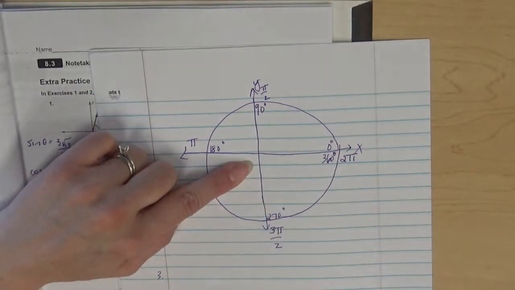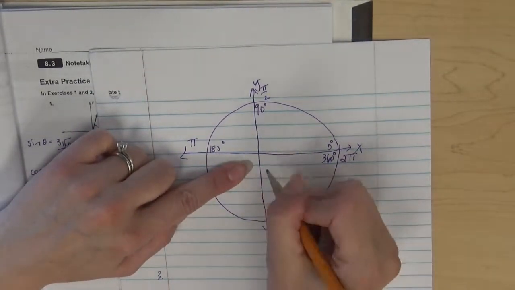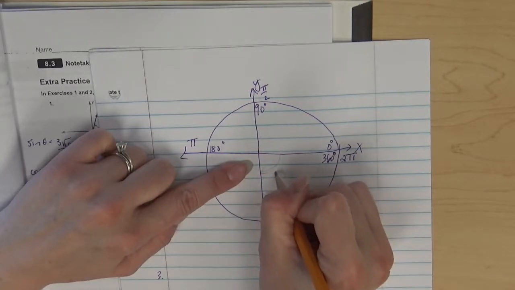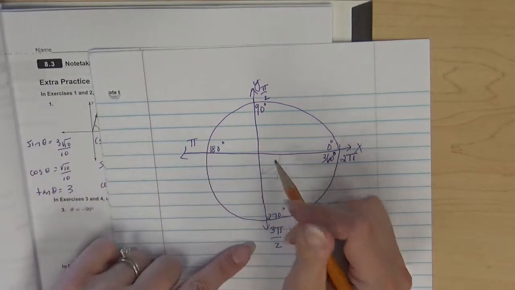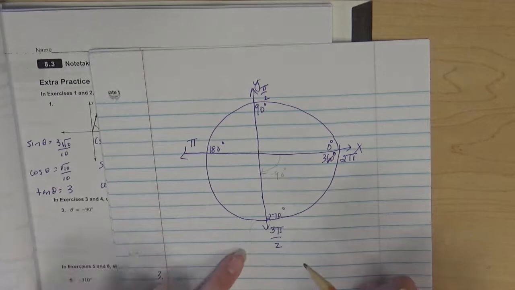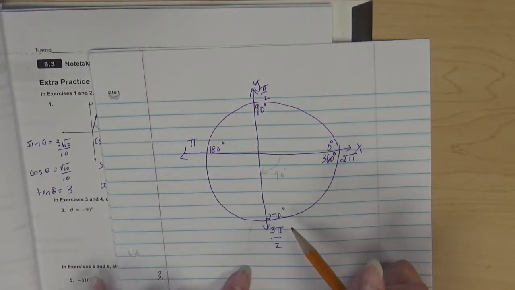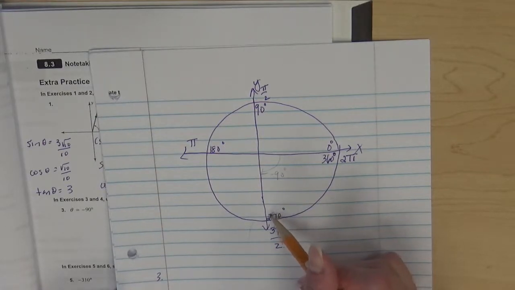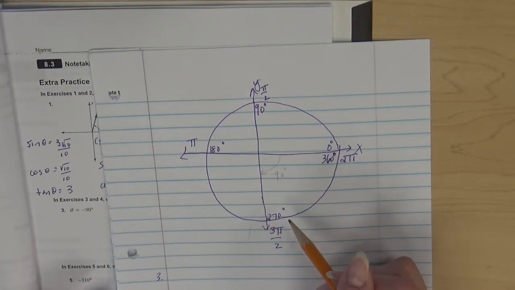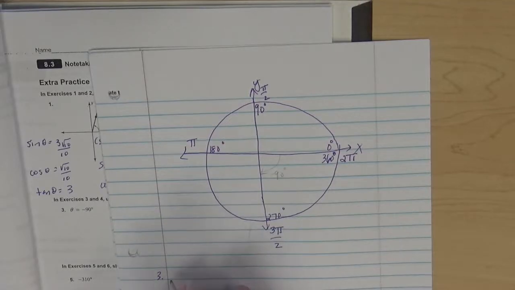So my angle theta would be like this. That's -90 degrees. So that puts me here. So I need to find sine, cosine, tangent, etc. of basically 270 degrees. Okay, so I can write sine theta